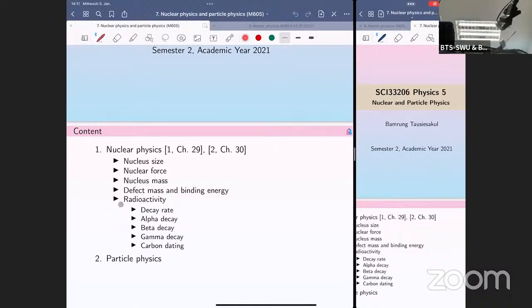Okay, yeah, radioactivity will be included. Oh, I forgot the microphone here. Okay,